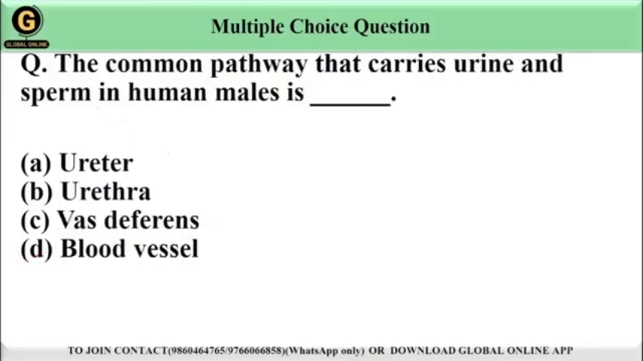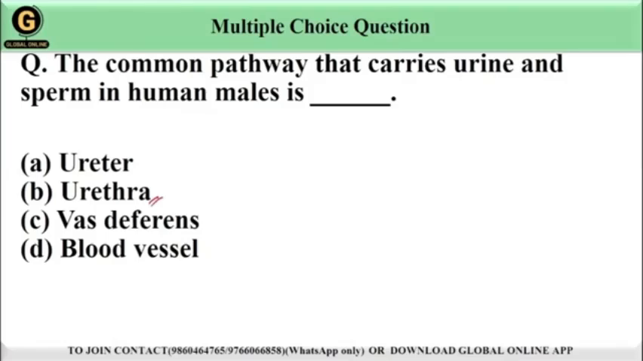Moving on to the next question. The common pathway that carries urine and sperm in human male is dash dash. Options are given. Option A, ureter. Option B, urethra. Option C, vas deferens. Option D, blood vessel. So students, in human males, the urethra serves as a common pathway for both urine and